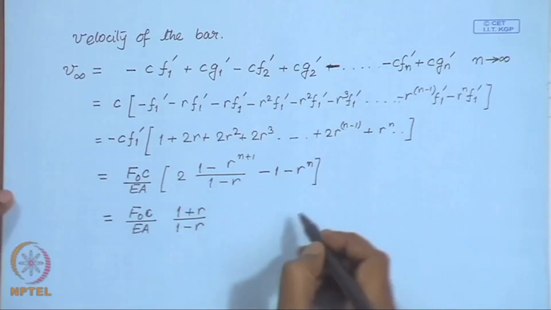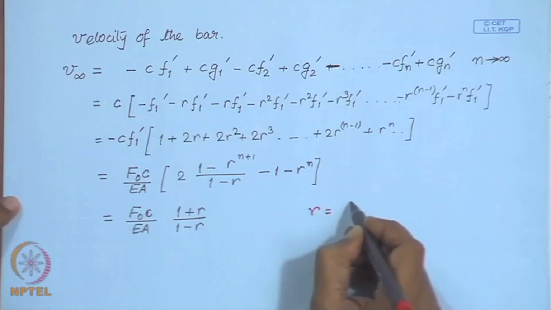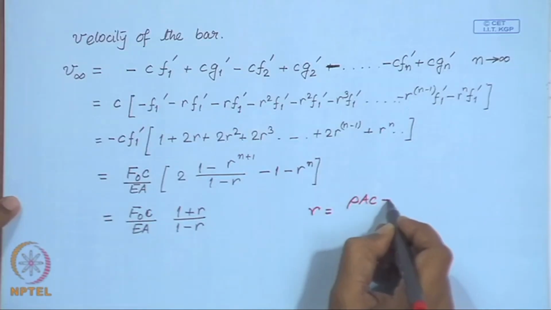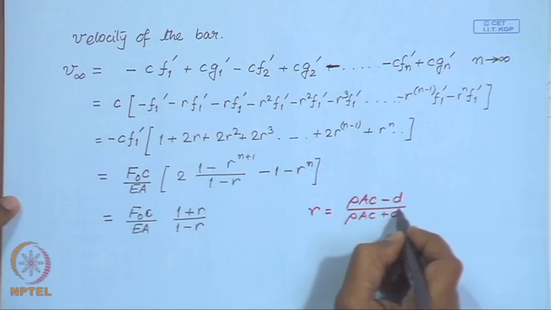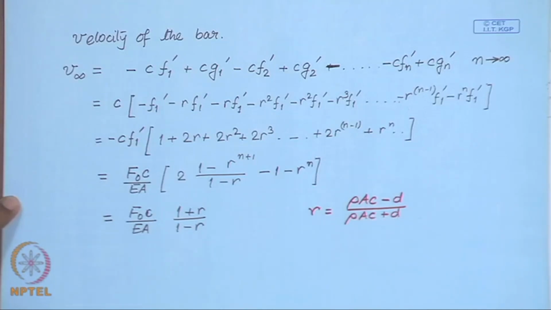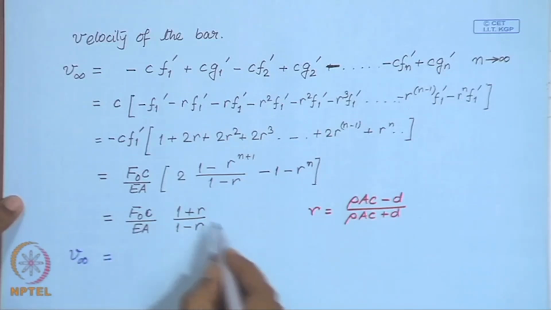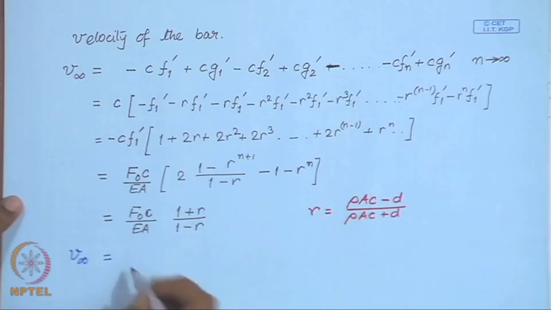So, the definition of r, so since r is less than 1, we can make this simplification, and this therefore, so if you substitute this expression of r in here, this turns out to be